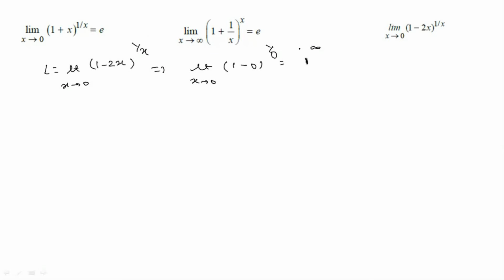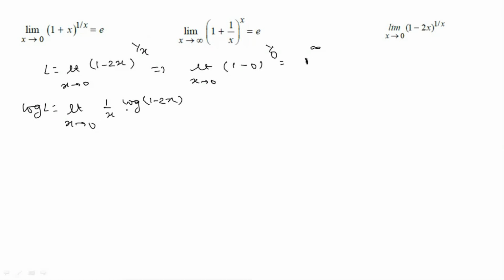Again, we reach the indeterminate form 1 to the power infinity. So here we use a logarithmic approach. So taking log on both sides, log L is equal to limit x tends to 0, 1 by x log